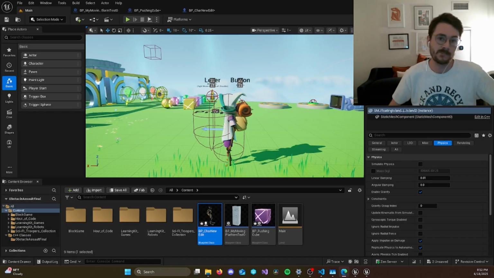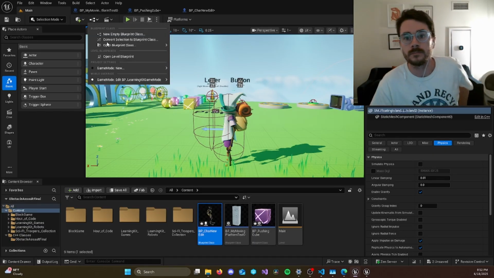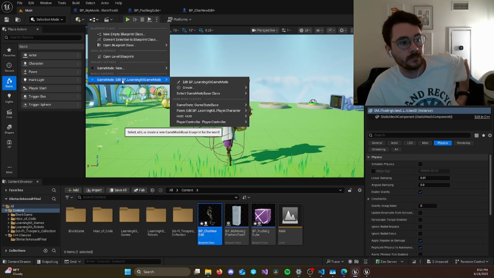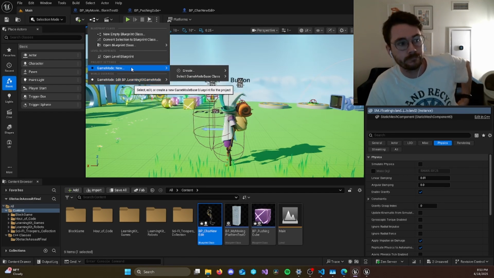And that's included with the kit and the project that we created. So what we actually want to do is go and create our own. And we're going to do this in Blueprint for the time being, but it is possible to create game modes in C++, and we will do that later on in the course. So let's go to the project settings and game mode menu item,